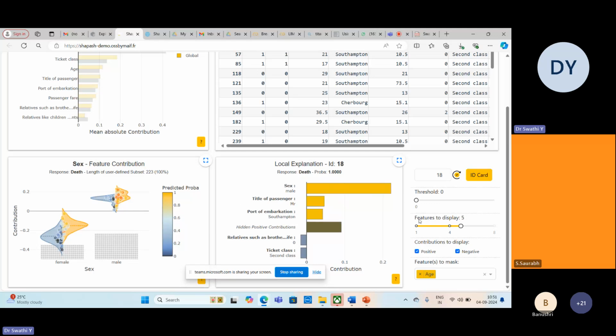This last table is considered the selection table. So based on the selection, whichever ID you want to display, you can select that particular ID and it will be displayed. And the table before is called the local plot. It will give you the features that are contributing the most. Since everything I'm selecting is with respect to the target column died, how many people have died, everything is showing this red color. So ID 256, 814, like that.